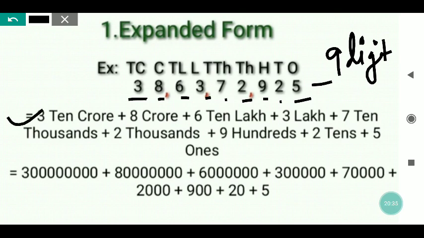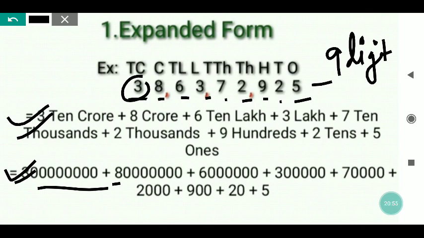It's difficult to expand a 9-digit number. Sometimes if we are expanding in the usual way, we may get confused. Sometimes it happens that we may skip a number in between, but if we follow this method, it will help us, and we are not going to get confused because it's the easiest. What we have to do: after 3 how many are left? 8 numbers are left, so 8 zeros.